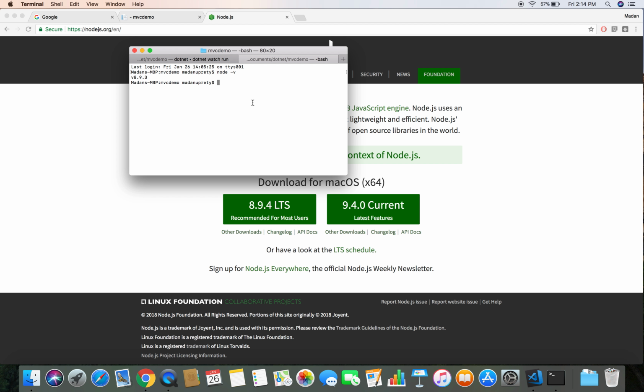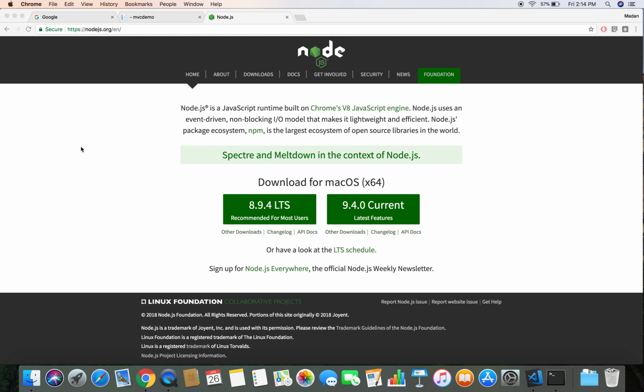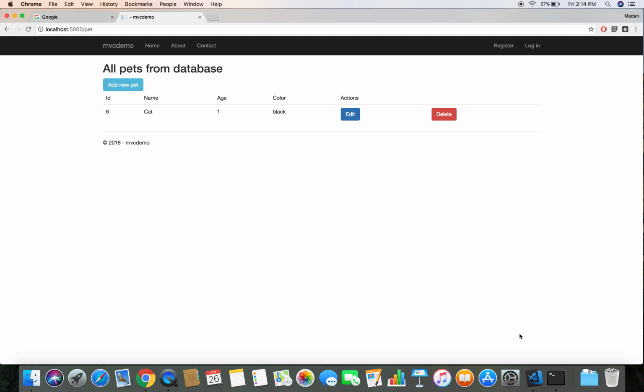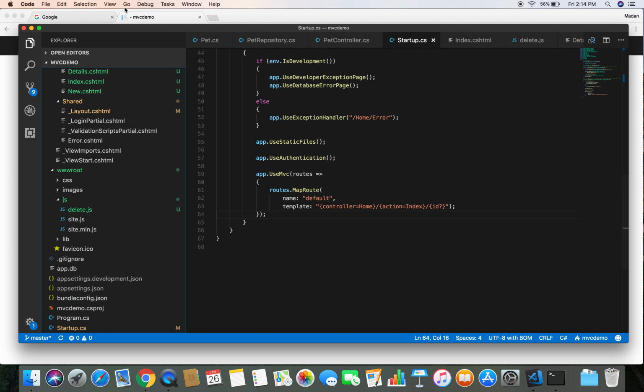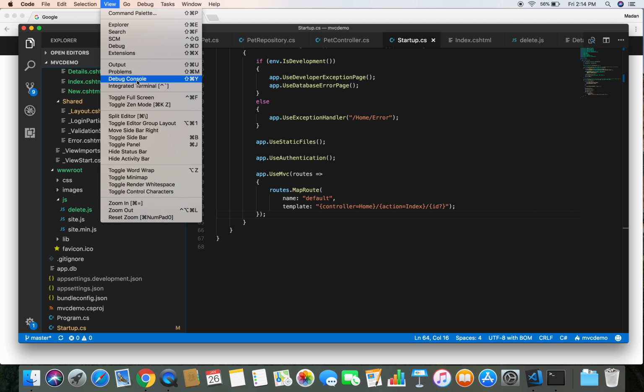And when you install node, it will also install npm in your machine, and when you do npm -v, then it should show the version of npm. So if you successfully got the versions of npm and node, then you have successfully installed Node.js in your machine. But in this demo, I'm not going to install this again because I have already installed Node.js in my machine. So once you finish the installation process, then you can head over to your project and open the terminal,